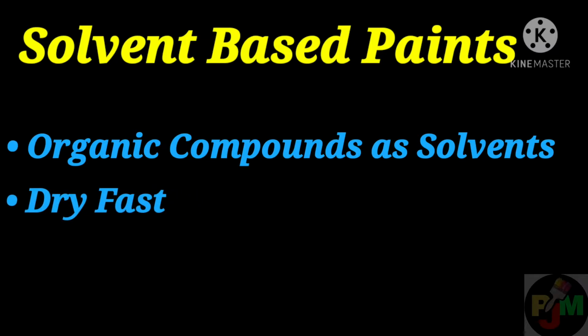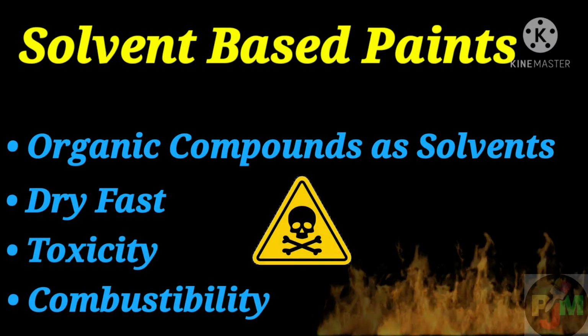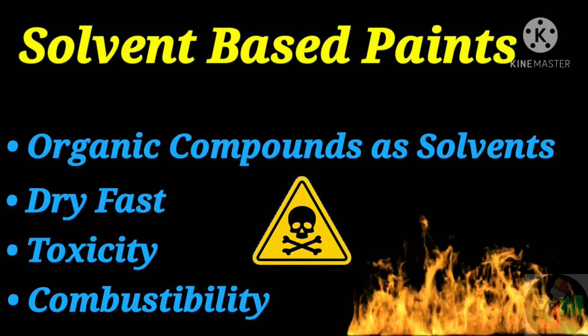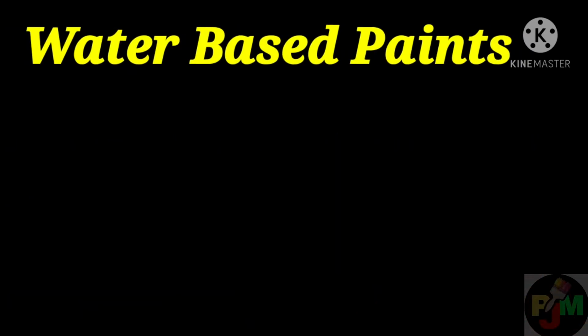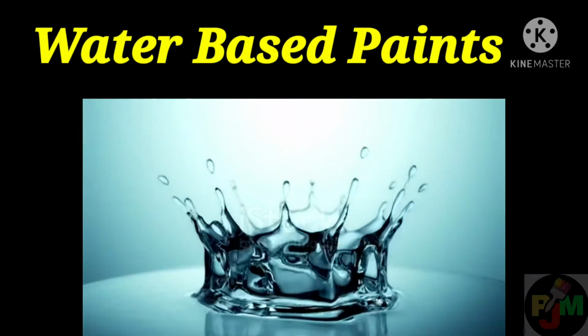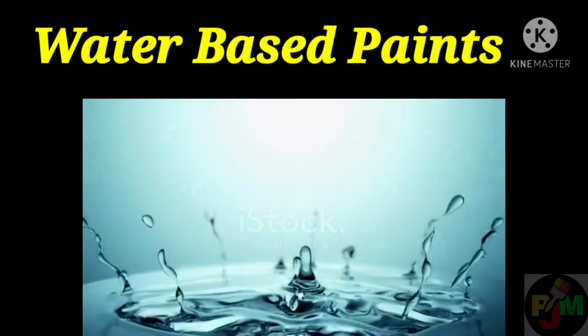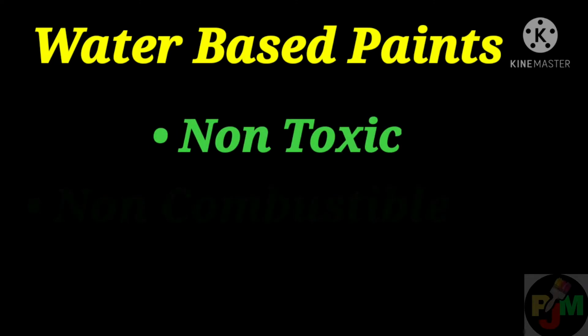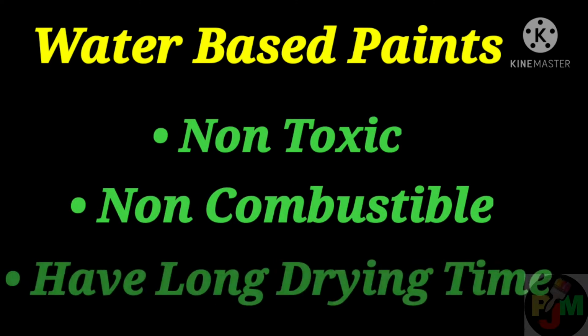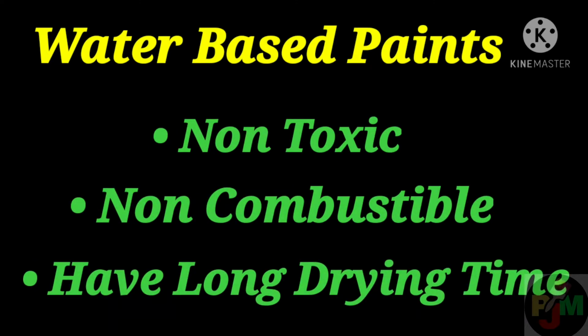The main disadvantages of solvent-borne paints are their toxicity and combustibility. Water-based paint. Waterborne paints contain water as the paint solvent. Waterborne paints are non-toxic and non-combustible, but they have a long drying time due to the slow evaporation rate of